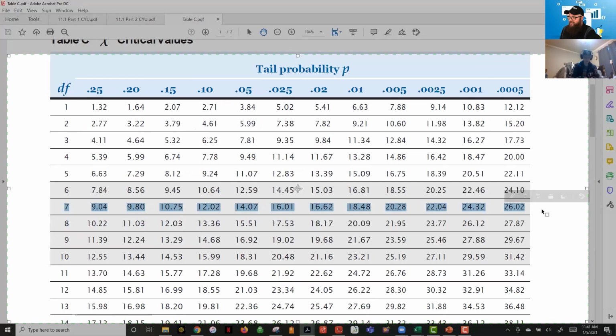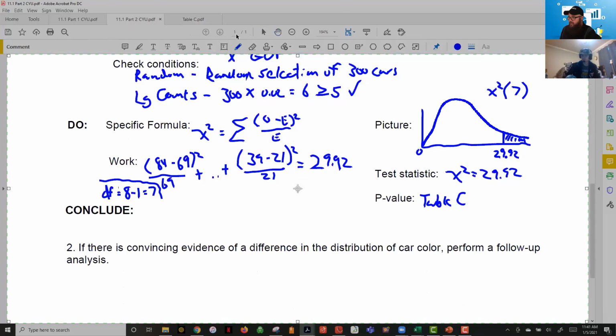Well, the highest it goes on this table is 26.02. So we know that it is going to be 0.005 or lower, and it's definitely going to be lower than that just by looking at the table itself. So you can write that. You can say table C and say less than